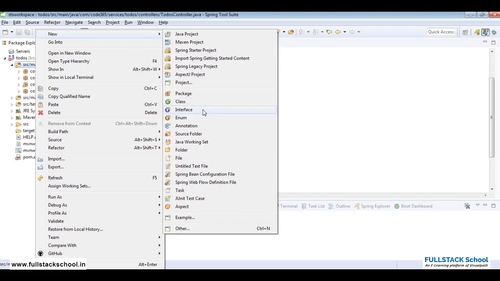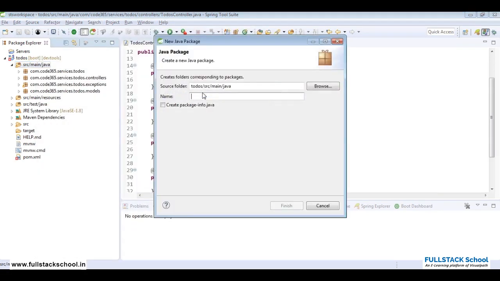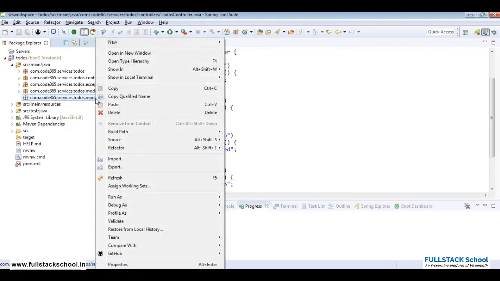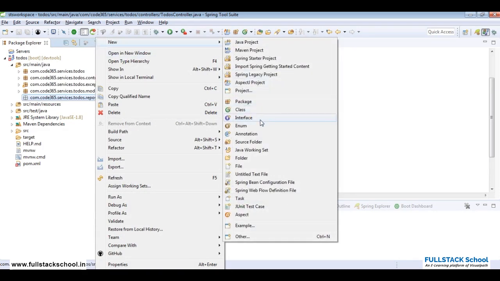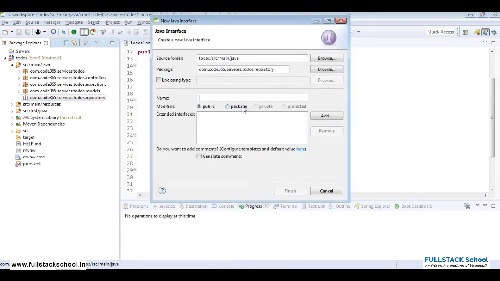I create a package with the same name, com.code365.services.todos.repository. In this I'll create an interface, and I name this interface to-dos